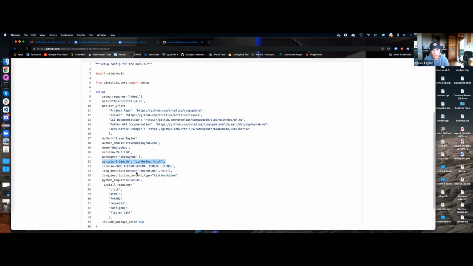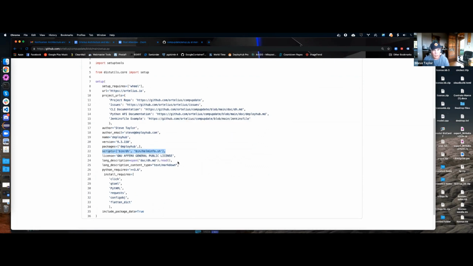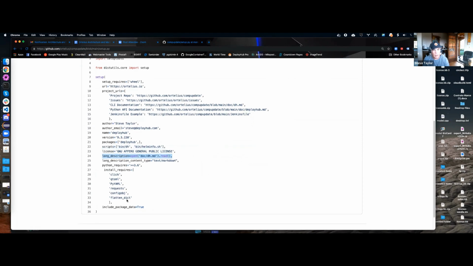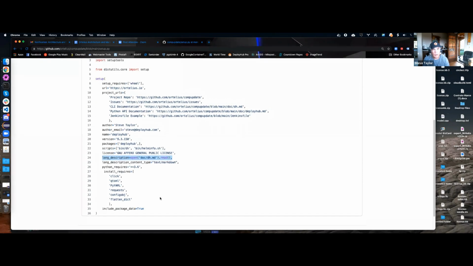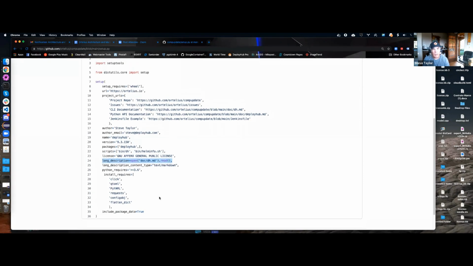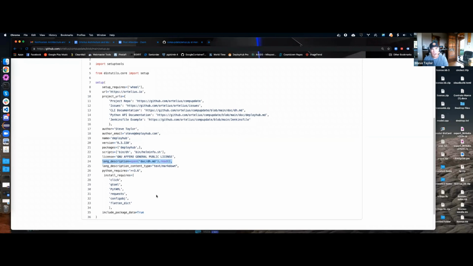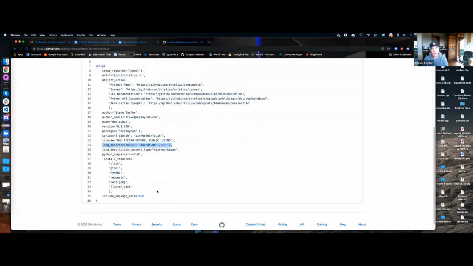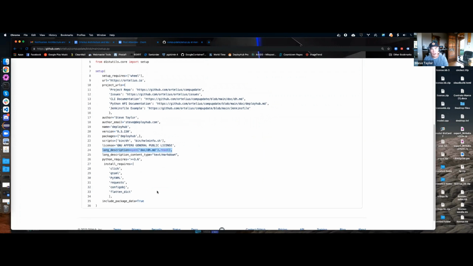Your license, your long description, which comes from your documentation, and then what you require for the install. So that's kind of like the setup file, and then you run a Python command to go ahead and package it. It creates everything in a distribution directory, and then you use another command called twine to upload to PyPI